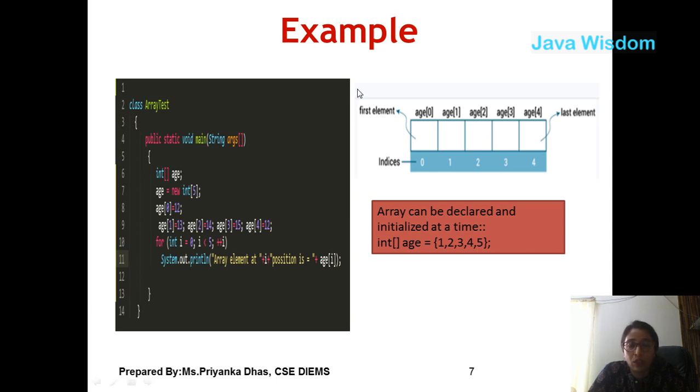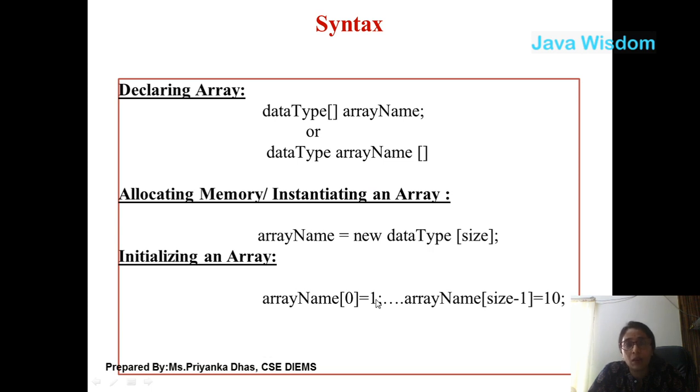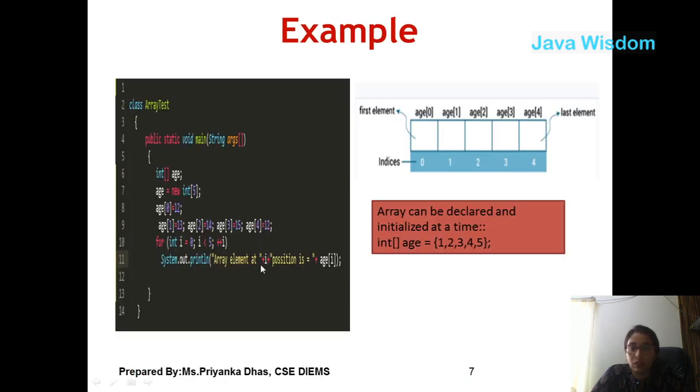Second, how you are going to initialize an array. Initializing an array means you are assigning a value at a particular index. So the simple way is: give your array variable name, give the index, is equal to, assign the value. Now if you see here, age of 0 is equal to 12, age of 1 is equal to 13, age of 2 is equal to 14, and so on. So on execution of lines 8 and 9, at the 0th position 12 will get assigned, at position 1 it is 13, and so on. The 4th position will be your last value. All these 5 elements are stored with the array variable name age.